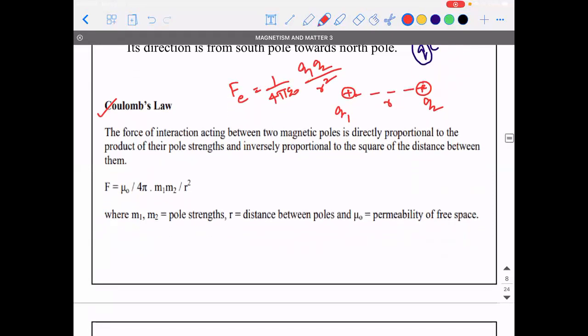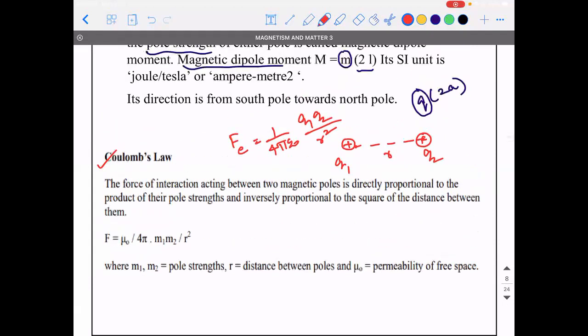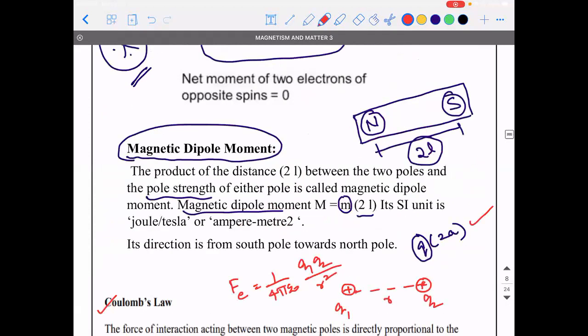Now, how will you apply the same concept of Coulomb's law for magnetism? Right. So there is a similarity between electrostatics and magnetism, guys. You need to understand this fact first. I think I would have told you in the last class itself, like I would have explained with this example. A north pole in the case of magnetism is similar to positive charge in the case of electrostatics. South pole in the case of magnetism is similar to negative charge in the case of electrostatics, right?